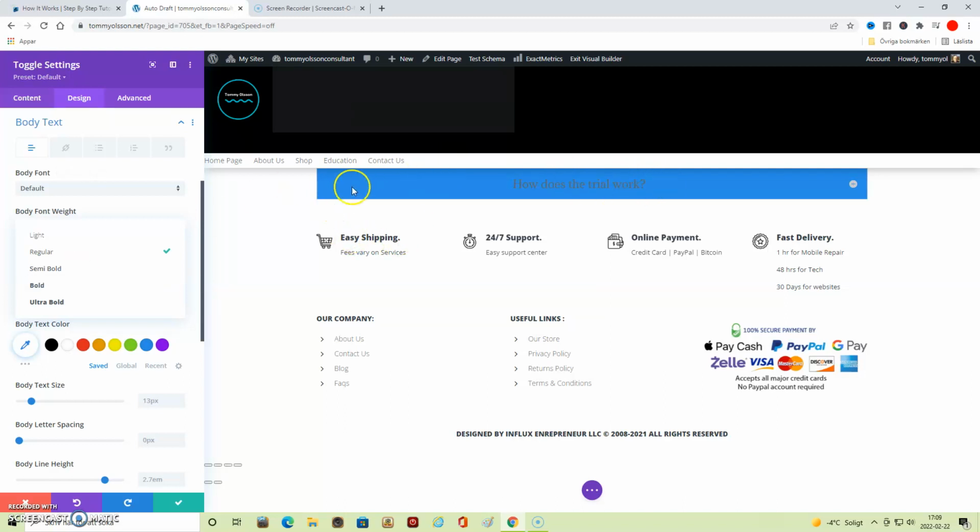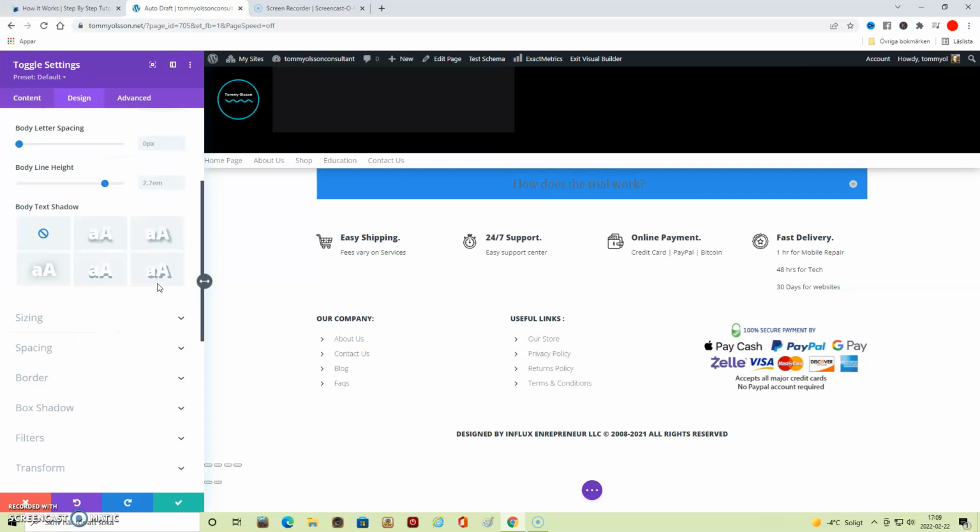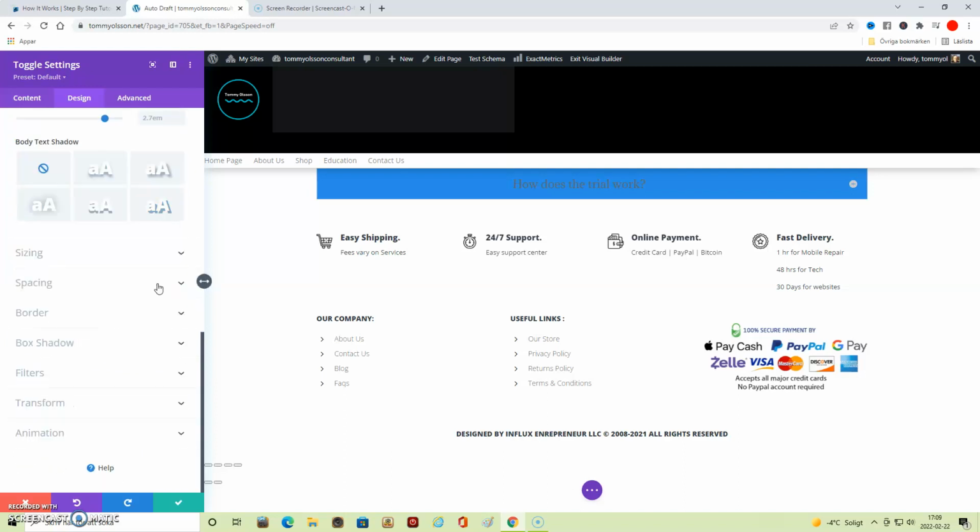It says, and then your answer will be here to your readers and so on. So potential customers, you can change any size here and so on. The different things you can do with filters and stuff like that. But when you are satisfied with how it looks, you just click that sign.